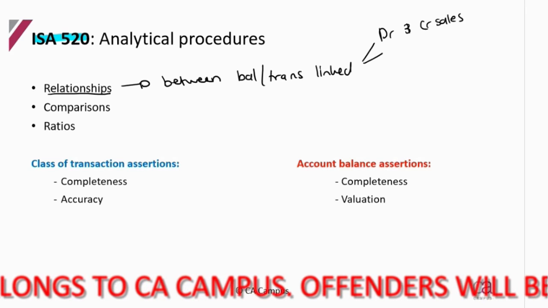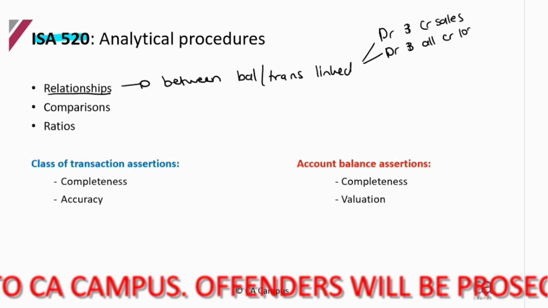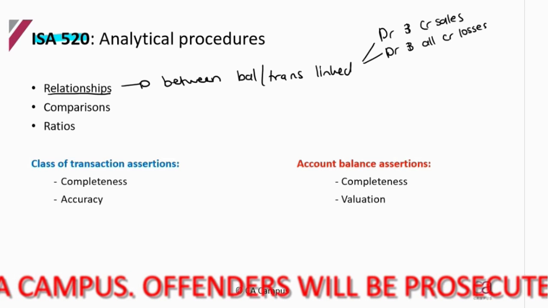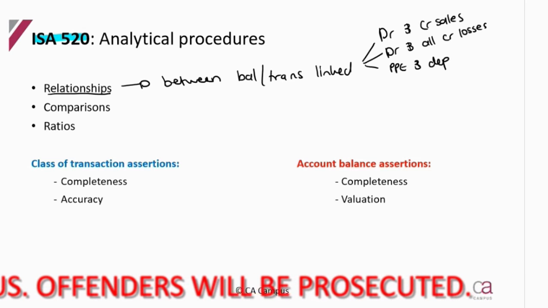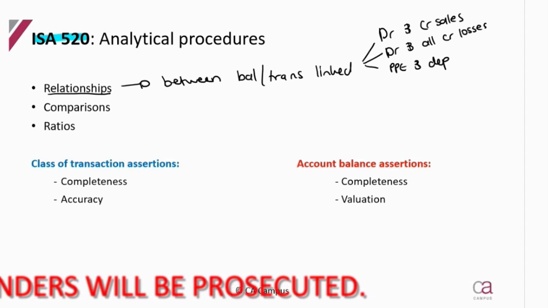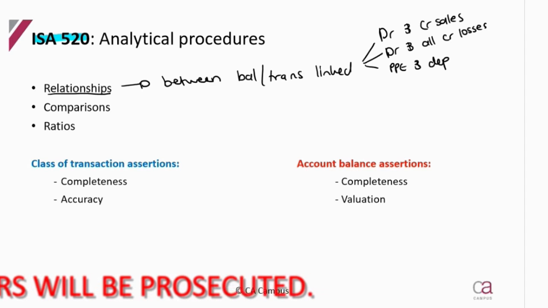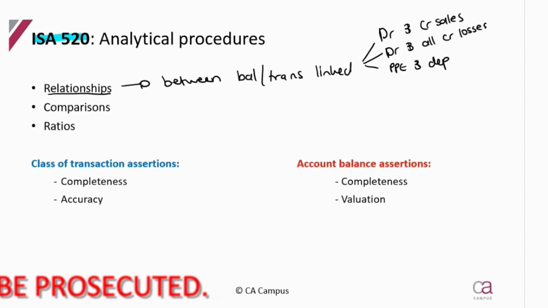Debtors and your allowance for credit losses are linked. PPE and depreciation are linked. So relationships between like or linked balances and/or like or linked transactions and/or like or linked balances and